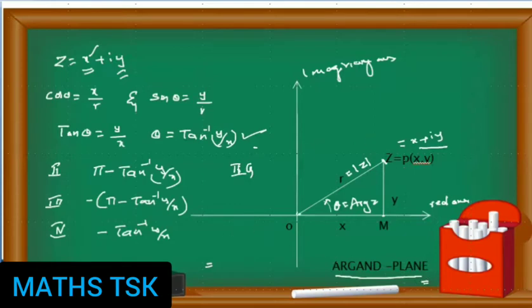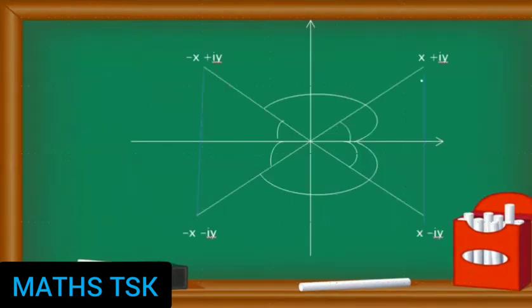So clearly, the distance from the origin to the complex number is the modulus of the complex number, and the angle made by the line joining the origin and the complex number is arg z. Okay, let us look at the values here. This is z. z is equal to x plus iy is a complex number. This is the origin. There is z bar, the conjugate of this. If it is theta, here it is minus theta. Next, it is minus x plus iy. If it is r, root of x square plus y square, this is also r. Same distance. This is also r, this is also r.